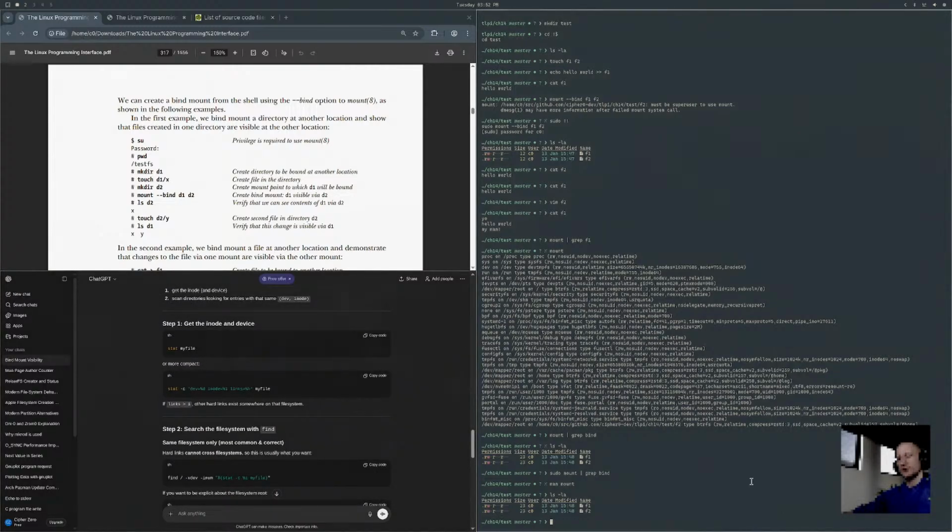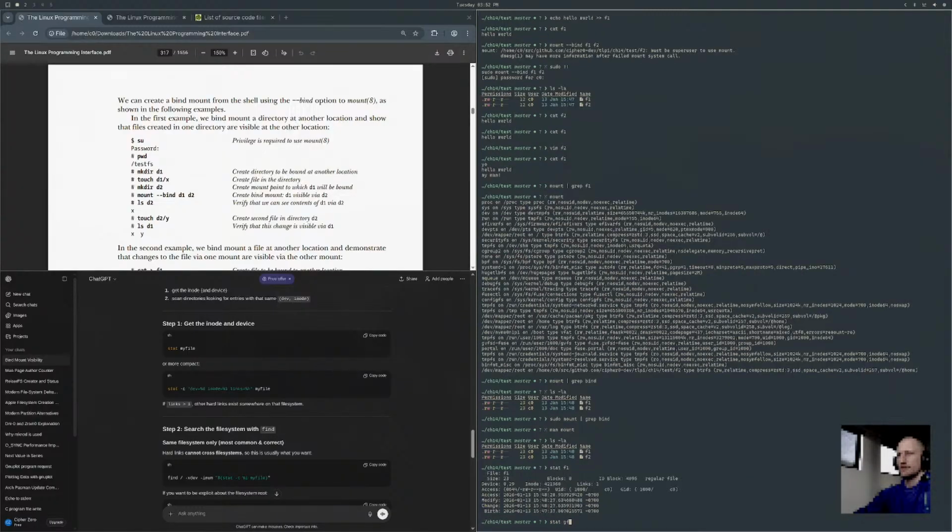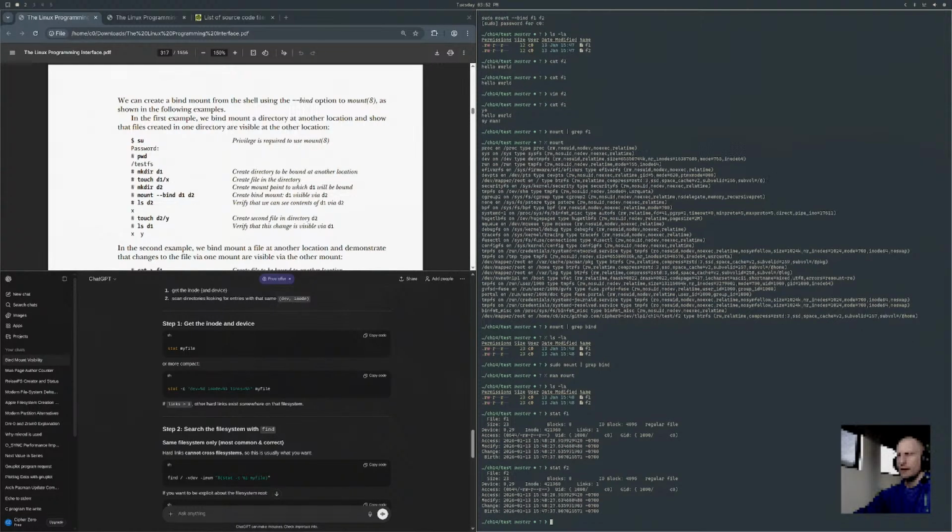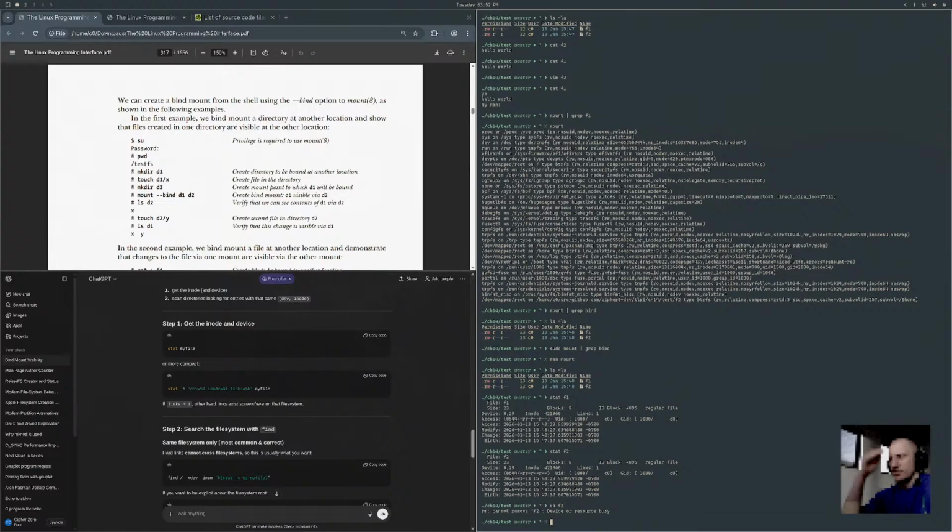Yeah, I could do a stat on this thing. Stat on F1, stat on F2. And the inode is the same. I think it just did a hard link. rm F2. No, it's treating it like a mount.